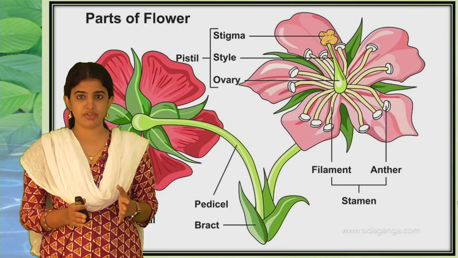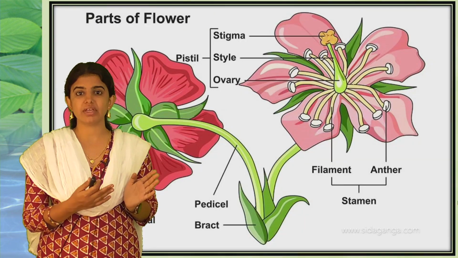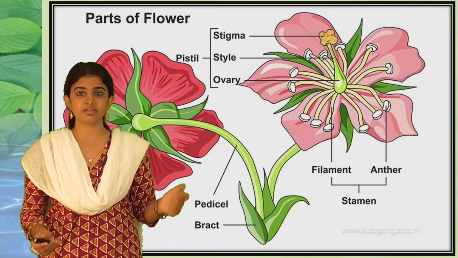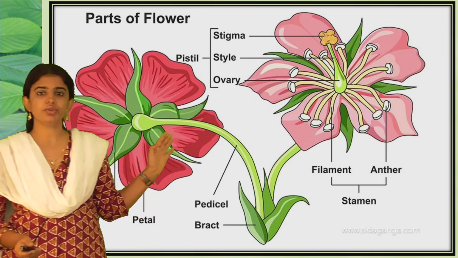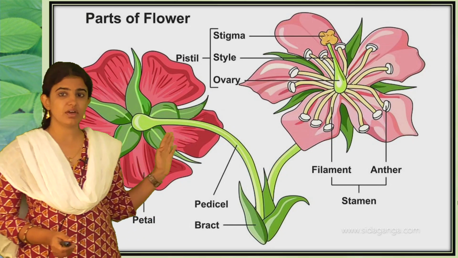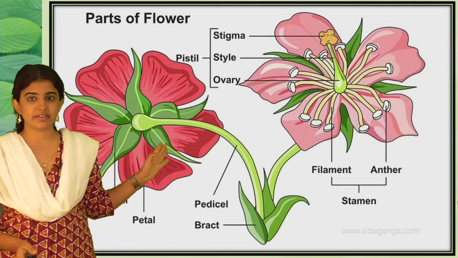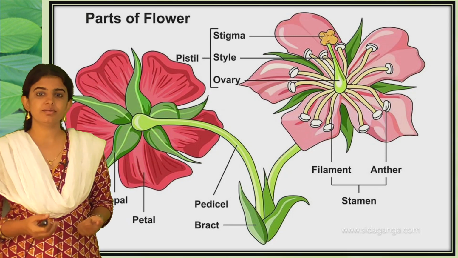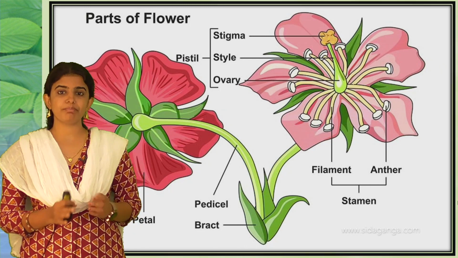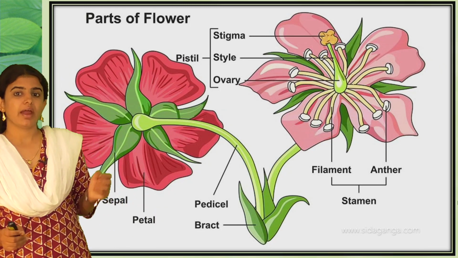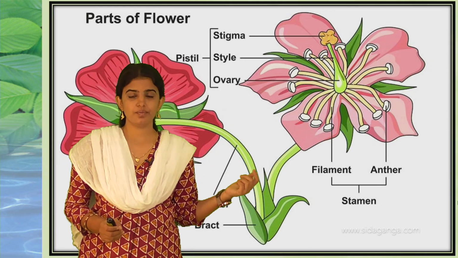As I told you, the leaf is divided into different parts. In the same way, the flower is also divided into different parts. First one is the pistil, stigma, petals, sepal, and the stalk of the leaf, that is petiole. This is how the parts will be divided, and one by one we will discuss them now.